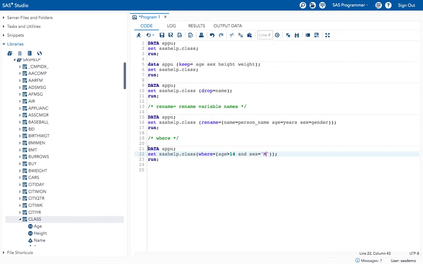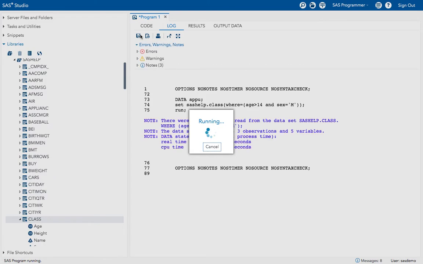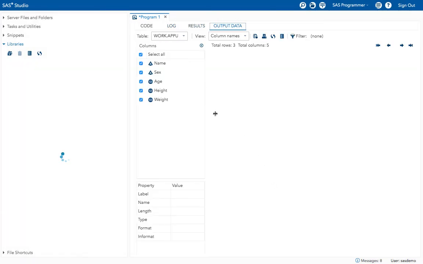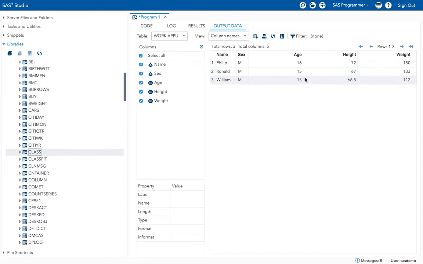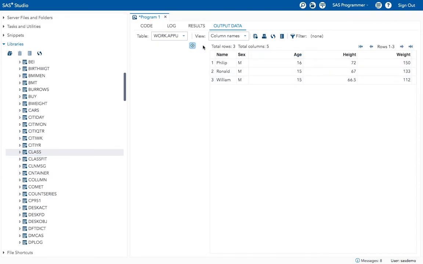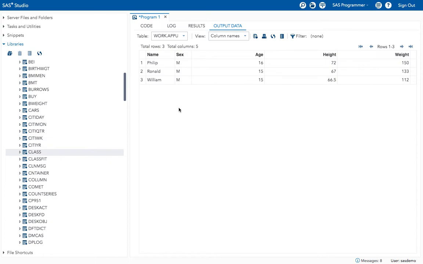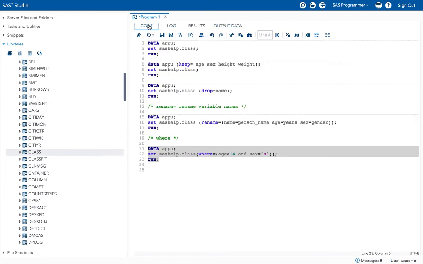Now see, you will get only male data who are more than 14 years of age. Not equal to, but more than 14. See, now you got only 3 people who are more than 14 years of age. Okay, is it clear? Yes, ma'am, clear. Okay, now let's go to the next one.